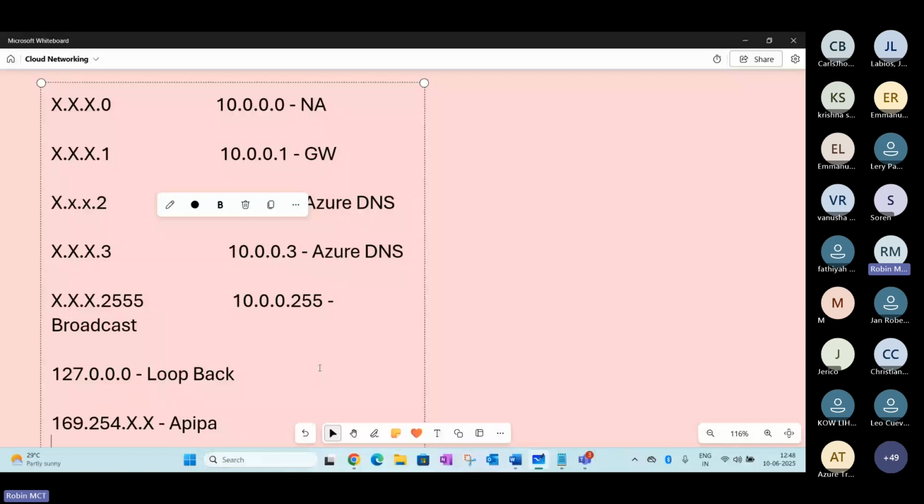You can see this is the range. Normally it's been reserved here. I just pasted it in the chat here. You can see this is the range, and normally it's been used. I'm just pasting that details here.